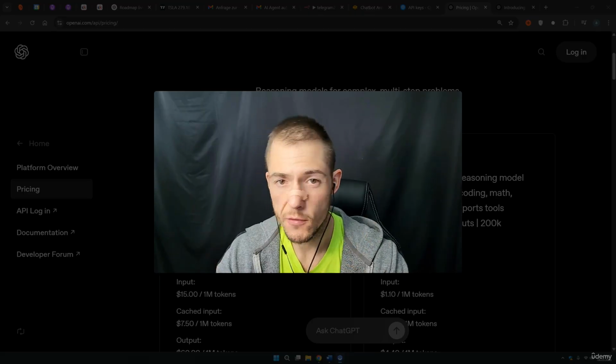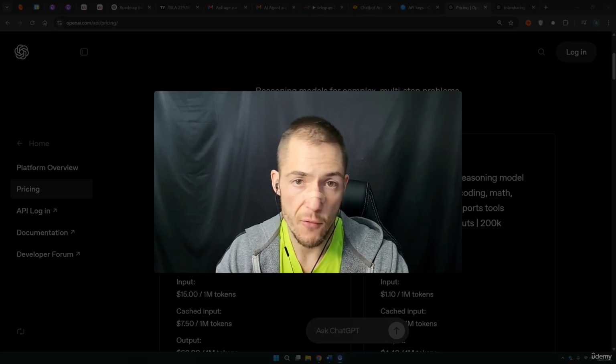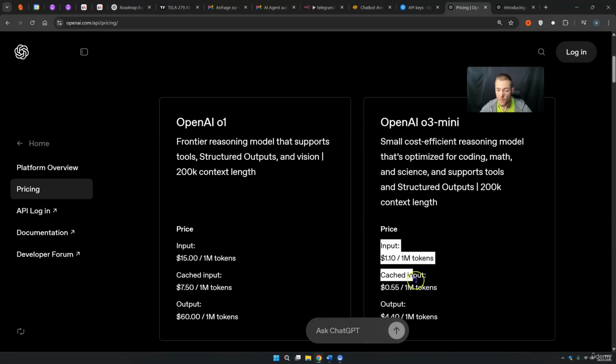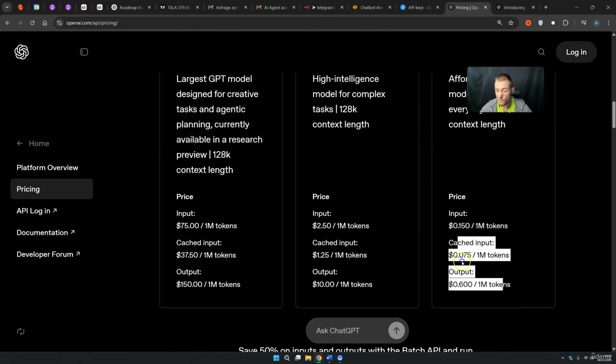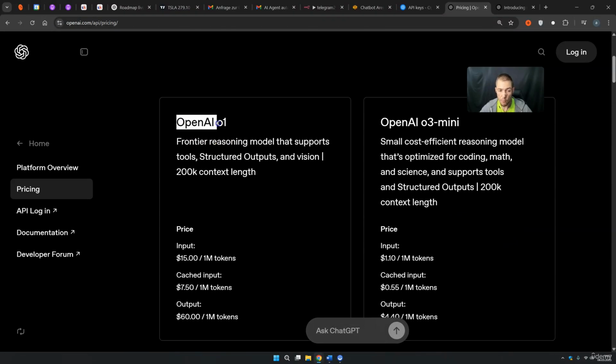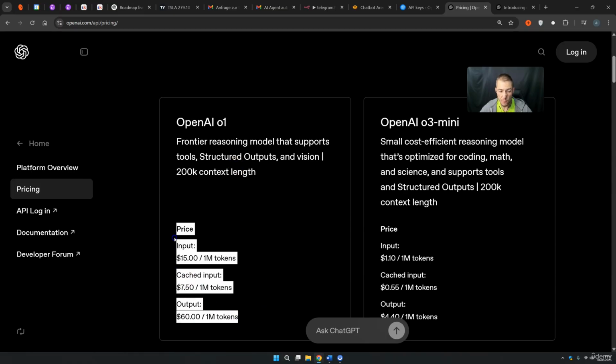You have also learned that these tokens are not completely for free. Basically, we need to pay for the output as soon as we start to use these API keys. And it depends always on the model that you are using. GPT-4o Mini is really fast and extremely cheap. And a model like OpenAI o1 with this test time compute is way too expensive for an AI agent because